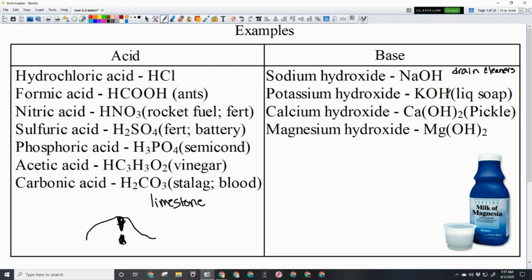Potassium hydroxide, KOH, is a component in liquid soap. Calcium hydroxide is a pickling agent. It's what we use to make pickles out of cucumbers. And magnesium hydroxide, the common name is milk of magnesia. And this is an over-the-counter medication that you can get to help with